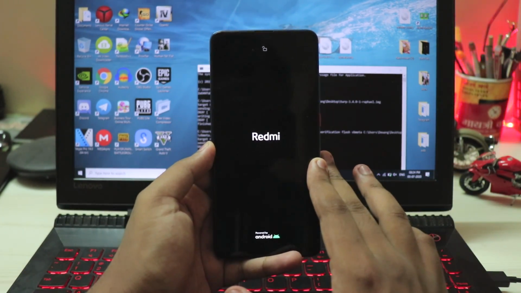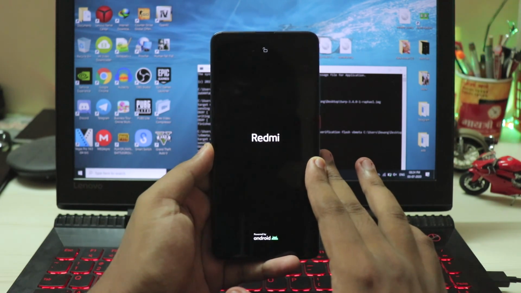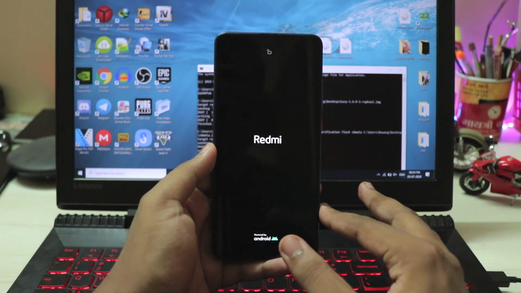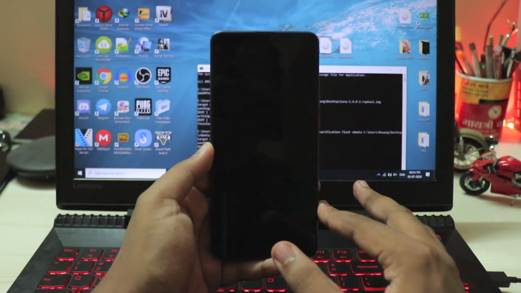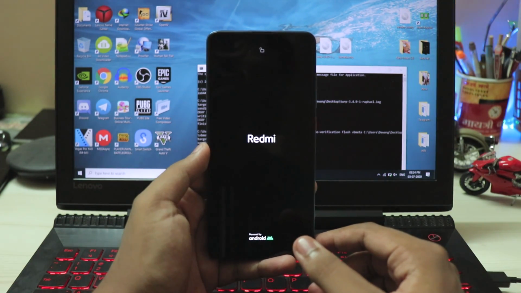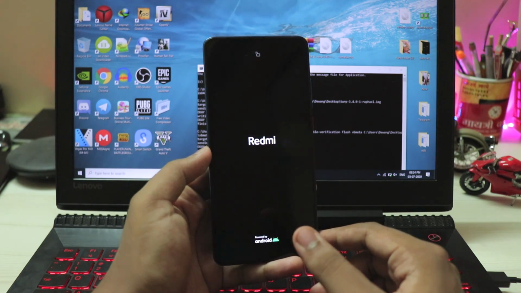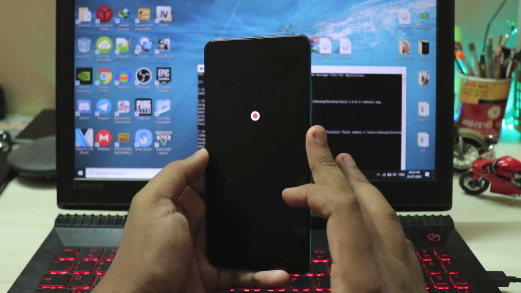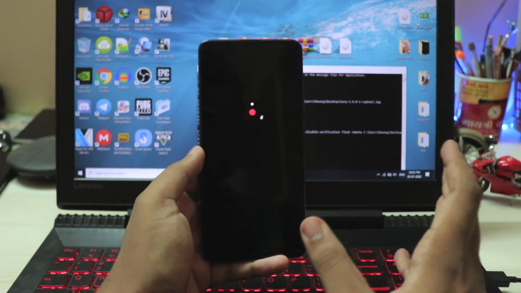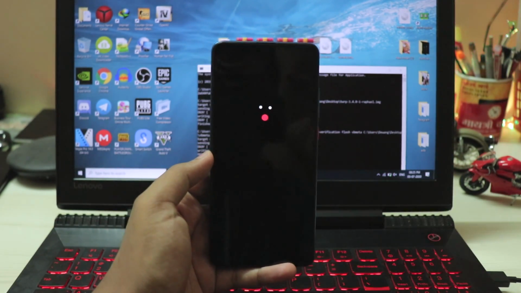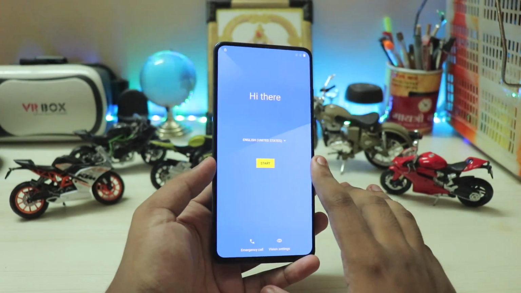And the phone should actually boot into OnePlus 7T Pro Oxygen OS 10. Now again, it will flash on the logo a couple of times, just don't panic. It will actually boot after a couple of minutes. As you can see, the Redmi logo just went away and came back. That's completely normal. But if it's just stuck over here, you have to just hold on your power button for at least 10 seconds, but most of the time it would just completely boot fine. And the phone has been booted up in under a minute.